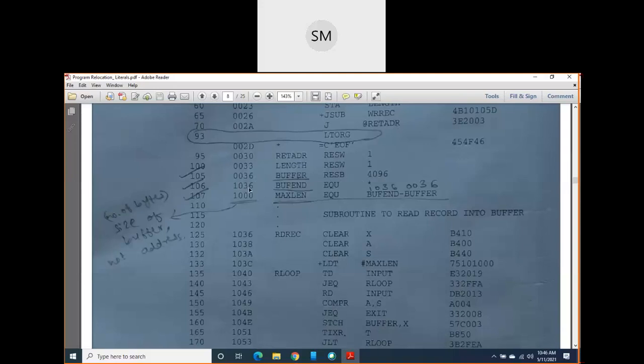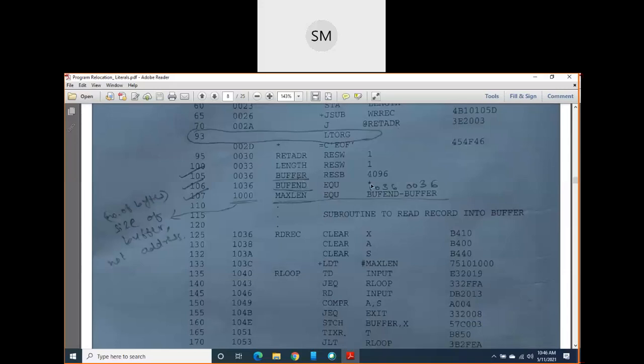Next, in this line 106, we are using a star along with the assembler directive EQU, and the label is BUFEND, that is buffer end. What does this statement do exactly? It is just like the assignment or initialization statement of your C program. If you want to assign a value to a variable, you use an assignment statement: on the left side you write a variable, and on the right side of the assignment operator you write its value. The right side, RHS, will be assigned to the LHS. The same thing, this EQU assembler directive will do.